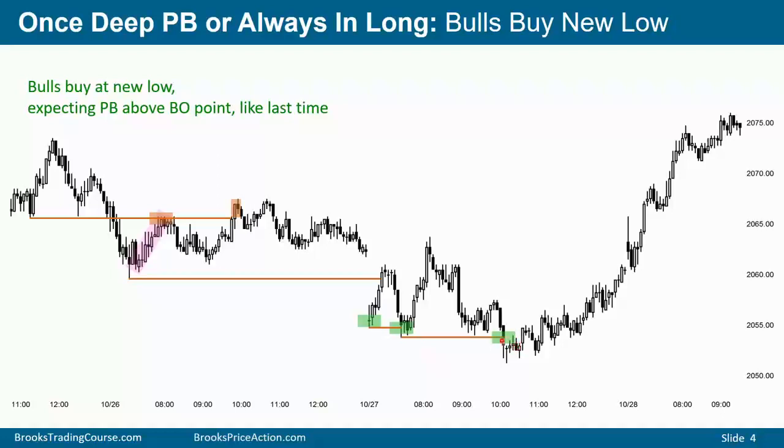Market broke to a new low. Well, the bulls are making money buying new lows. They're going to keep buying new lows. They'll place a limit order to buy at this low or at that low. And if necessary, they'll buy more lower. Some prefer stop entries and they'll buy on a reversal up, especially if there's a micro double bottom and a second entry buy.